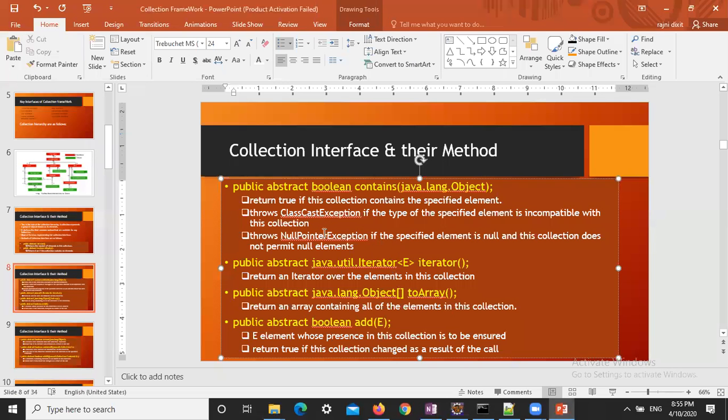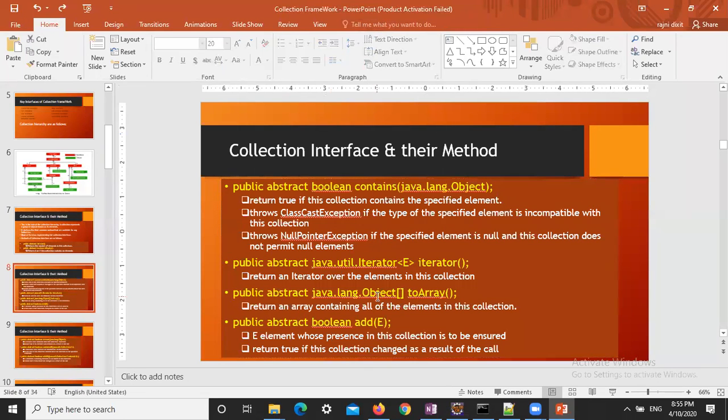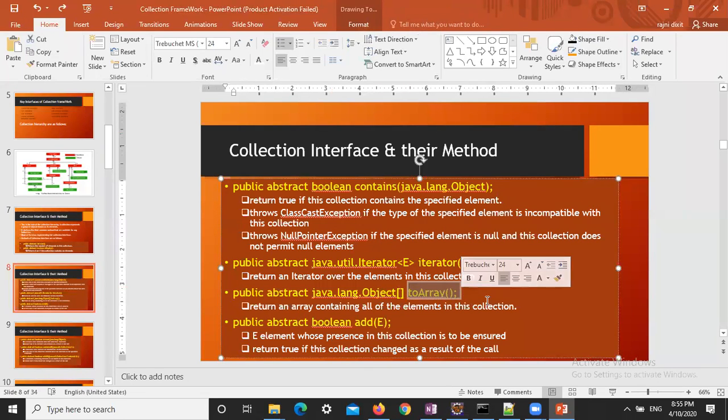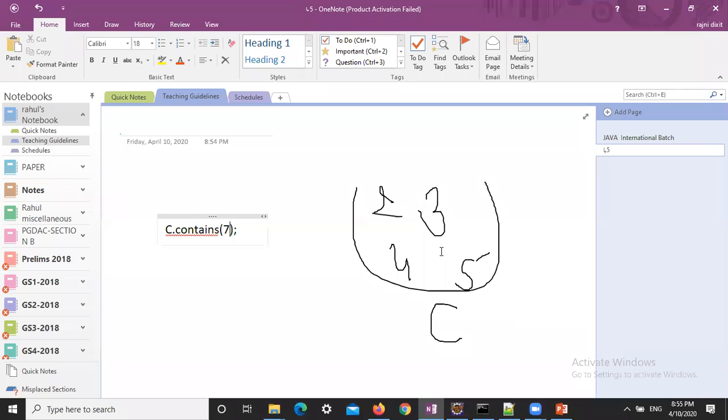Moving further, check it out. We are discussing these remaining methods through examples. The next method is iterator, which is also discussed further. Then toArray. toArray is a method which converts the collection into an array. Let's suppose I have a collection which has these 4 elements. If I call c dot